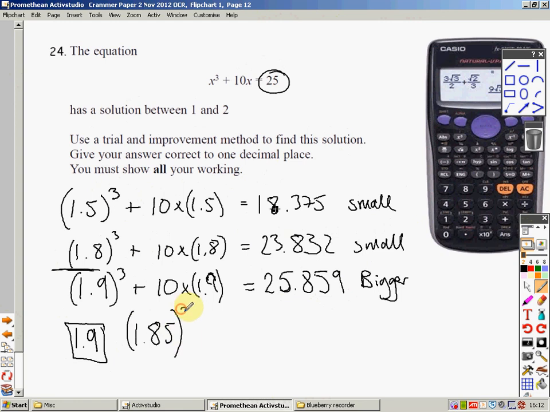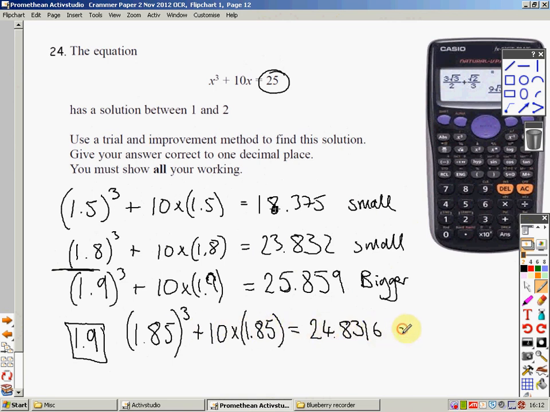So I do 1.85 cubed plus 10 times 1.85 equals, go back on the old replay, and the answer to that one is 24.8316 something something something. I can only work to one decimal place, so I've got to be 1.8 or 1.9. I do this business of the 1.85 to check the halfway point. If you're not understanding why that is, it doesn't really matter, but please do actually do that line there and